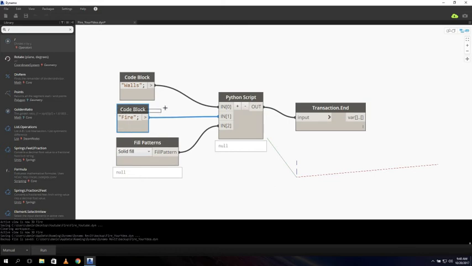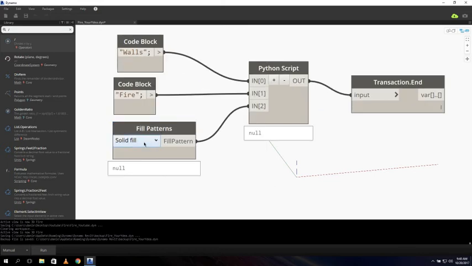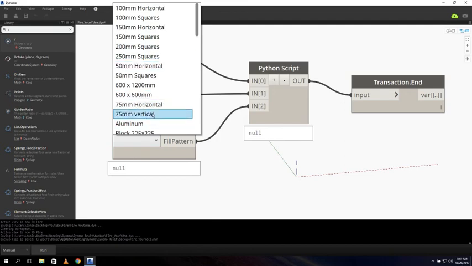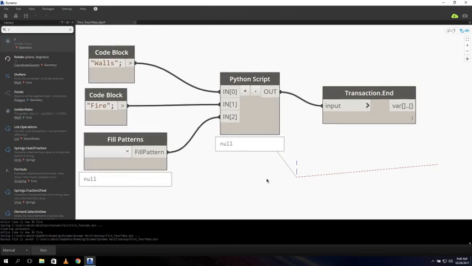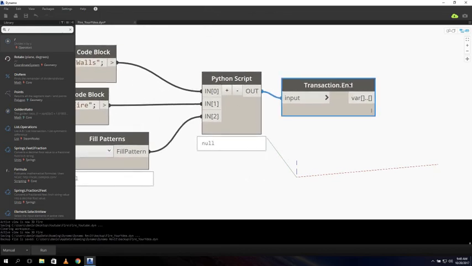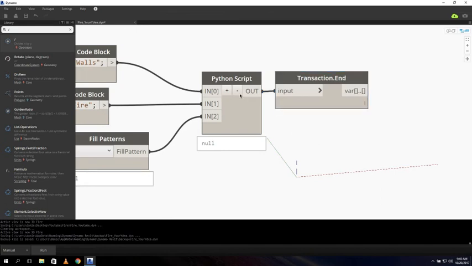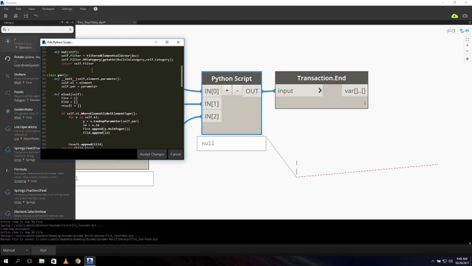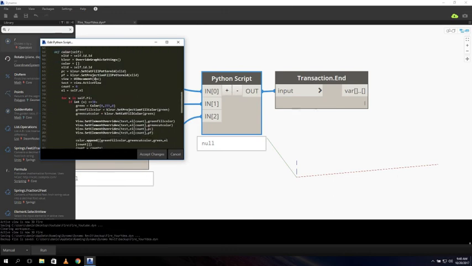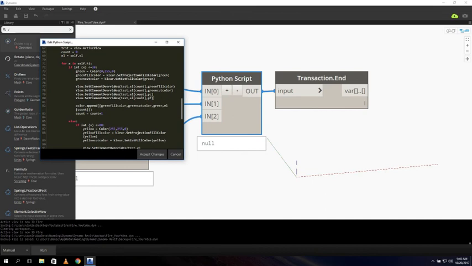I use my parameter name, and I can give in a pattern. So I can also choose, no, I don't want solid, I want, for example, brickwork. And then we have our Python script, and I say transaction end because I got some trouble with it when the transaction was active. Well, it's a quite difficult story, but let's go into the Python script. We write a couple of classes for this, and then we override our, we do it right here, view, set element override, and then a couple of